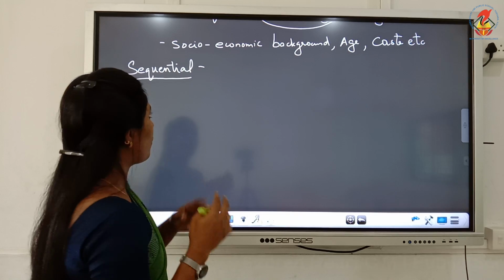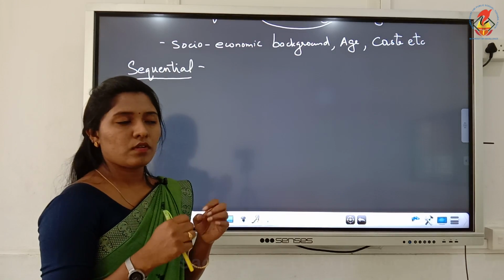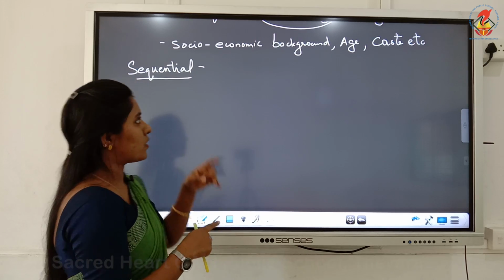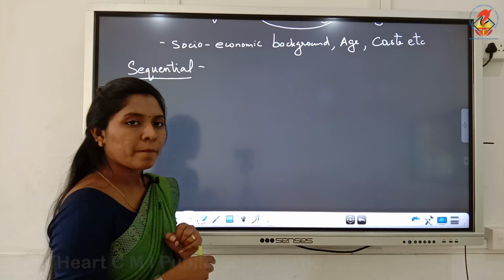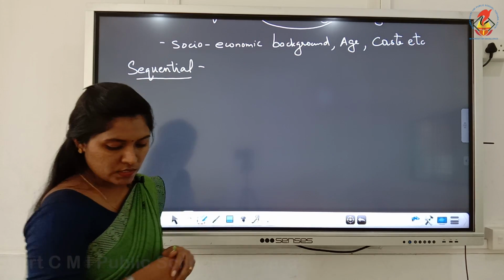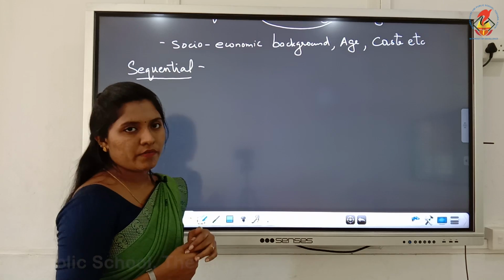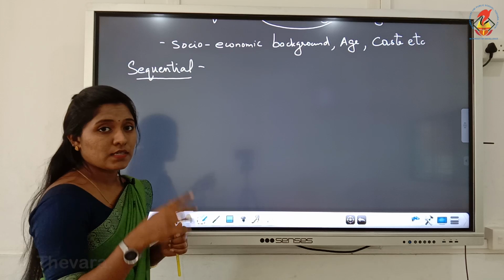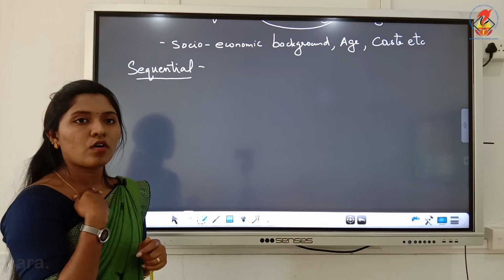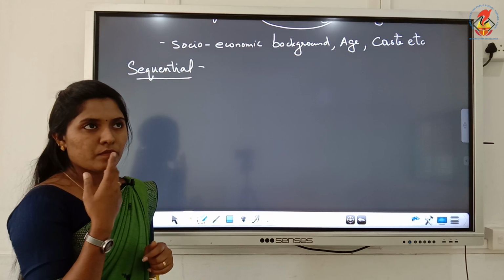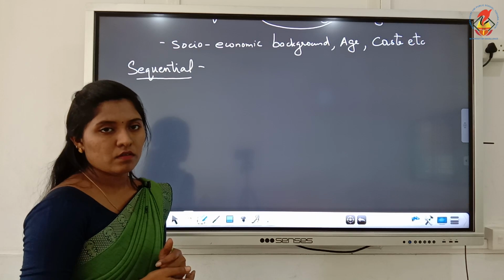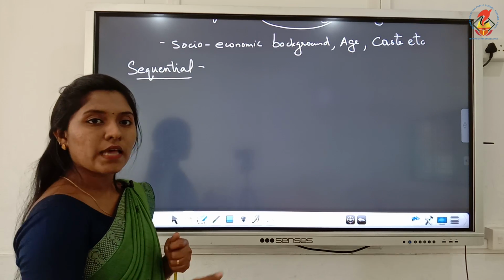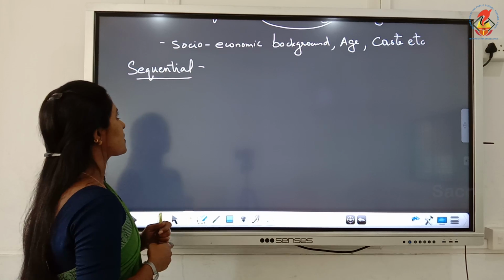The two effects involved in sequential behavior are experimental fatigue and practice effect. How can we control this? When two tasks are given to the participant, people may be tired, that is experimental fatigue, or they may be practiced better, that is practice effect. They may get practiced with the same task, repeating the same task.